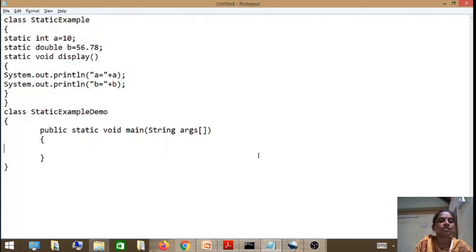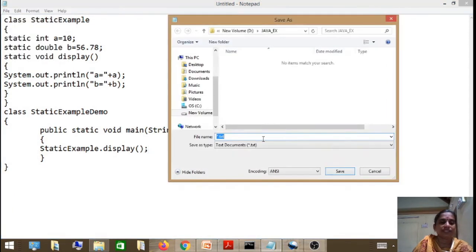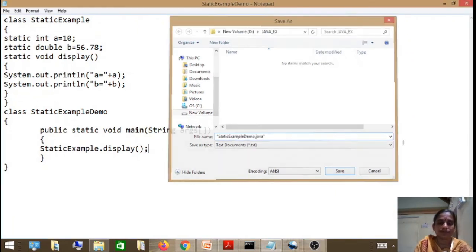Since the class StaticExample contains only one static method, the static method can be called from outside without using any object, with the help of the class name, that is StaticExample.display(). That's all. I am saving this file in my working directory with the name StaticExampleDemo.java.